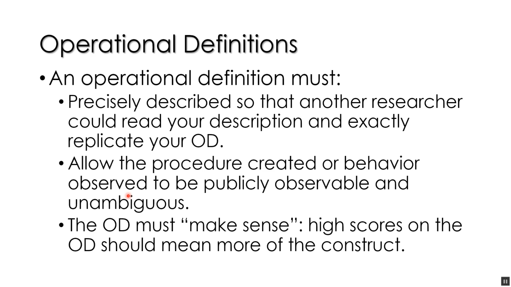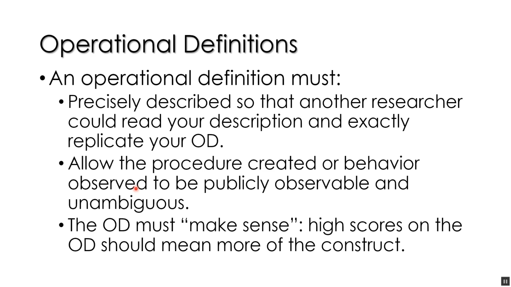And we need operational definitions for the independent variable. That is, we need to precisely describe the stimuli we're presenting to subjects, the instructions we're giving to the subjects, or the situation we're creating for the subjects to be in. And then there could be operational definitions for the dependent variables, the behaviors observed. And there we're observing the amount of helping as a dependent variable, and we're measuring that. The operational definition for that is the number of boxes moved.